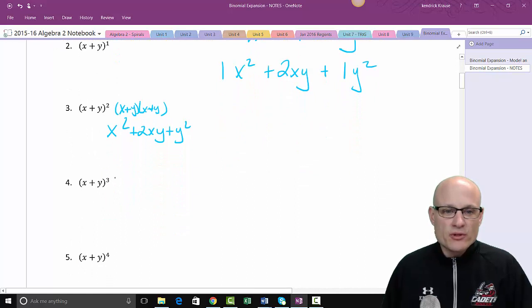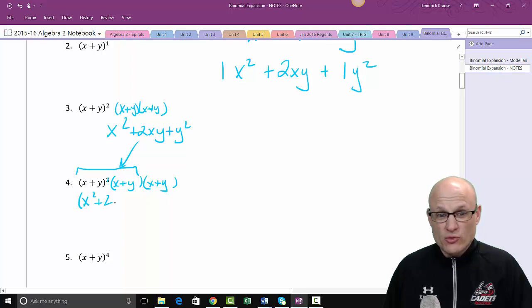Now we're going to do cubed. So now we have to do it 3 times. I'm going to just use one of these: (x + y)(x + y). Well, I've already done 2. So really what I have here is x squared plus 2xy plus y squared, times (x + y). And then this would give me,